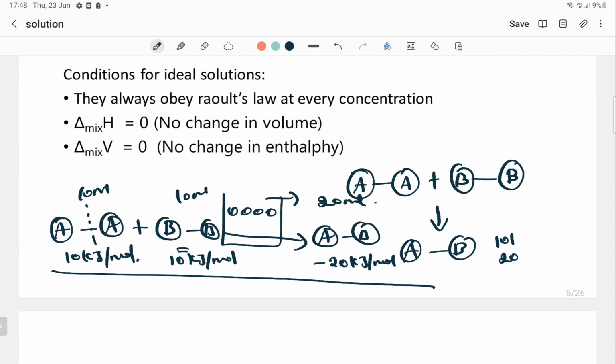No change in enthalpy. But in reality, is this possible? You are taking two test tubes, 10 ml of